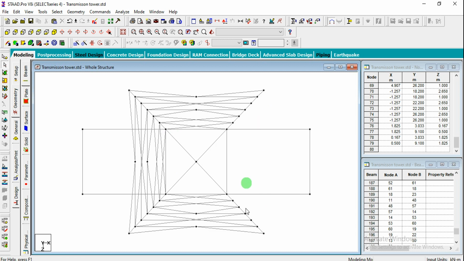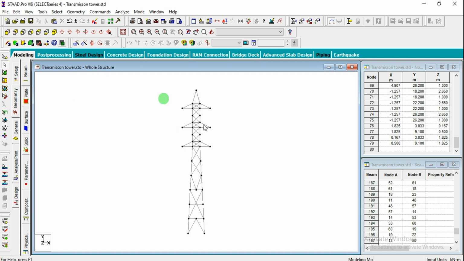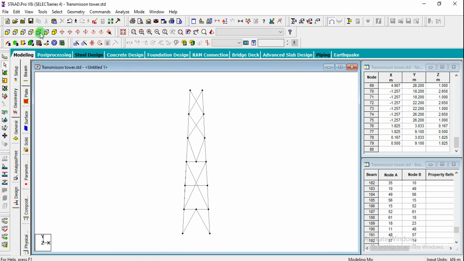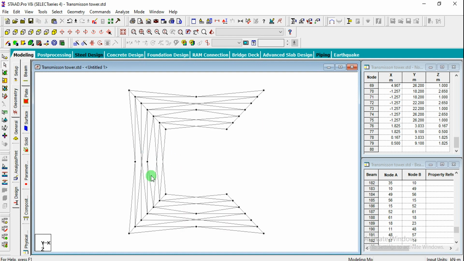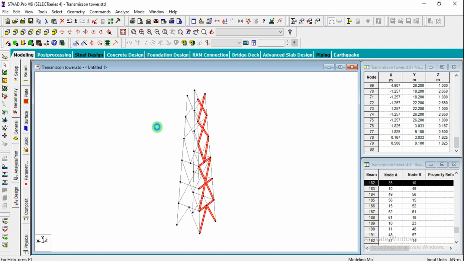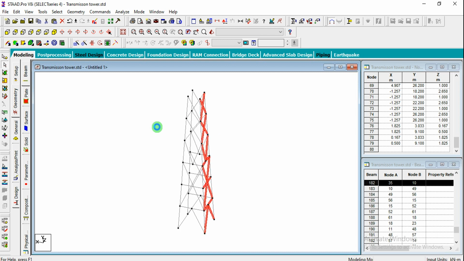So yeah, this part has not been fully mirrored. We have mirrored up to a certain part only, right? So let us go for the bottom part also. Till here I have selected and just going for right click and new view again. So click on OK and just going for the top view. You can see that this part is there and right side is not there. So simply you can just highlight all the portions there like this. And you can cross check in 3D view whether all objects have been selected or not. Okay. By using the arrow key, simply you can rotate the structure on the screen like this.